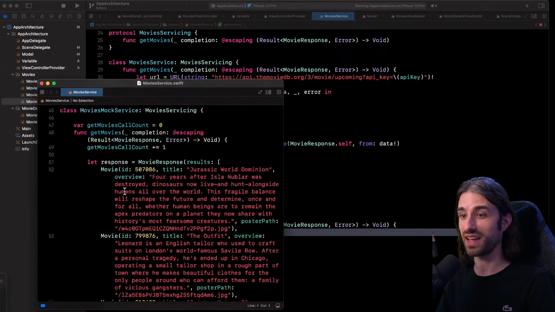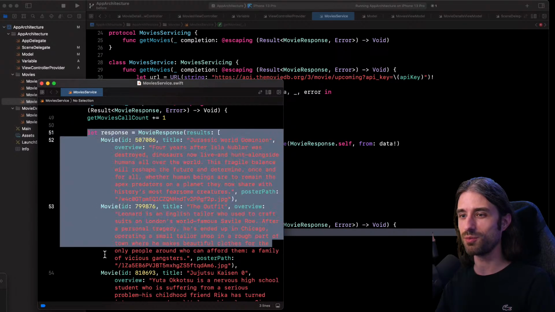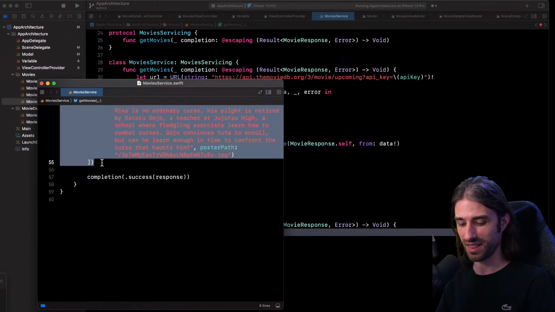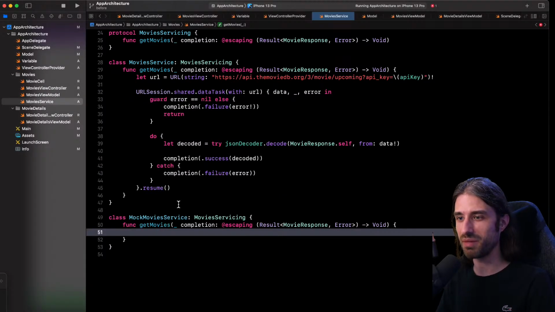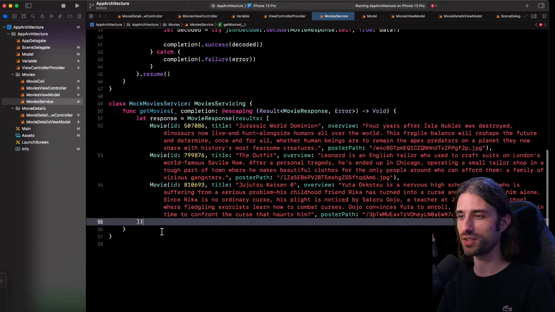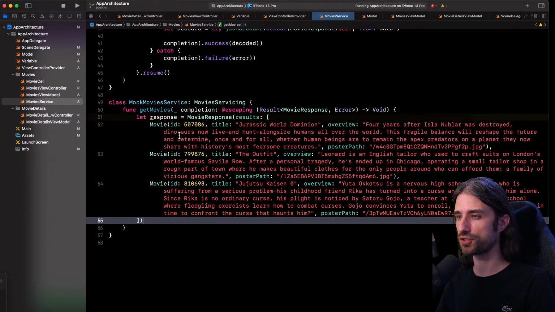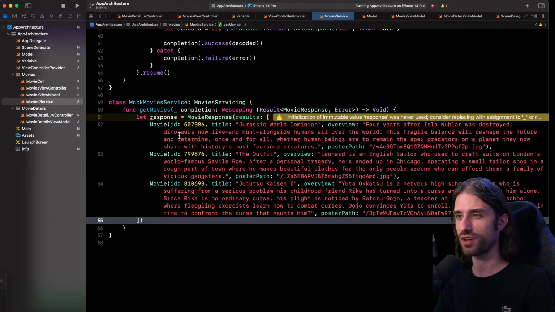So yeah, this array with the movie response, because I don't want to write it by hand during the live. It would be way too long. So it's just a bunch of movies, like 3 movies actually, returned previously by the API, and I just got this data by doing a print of the return of the actual API.